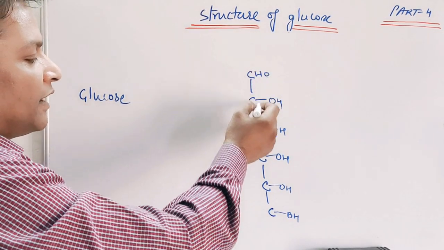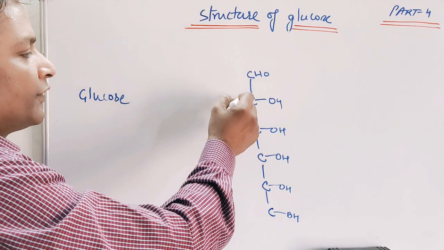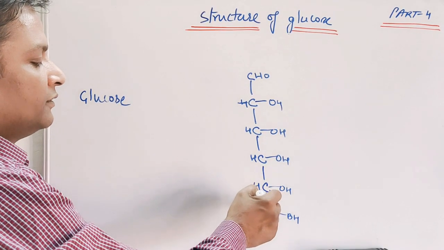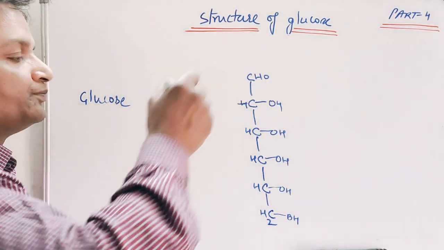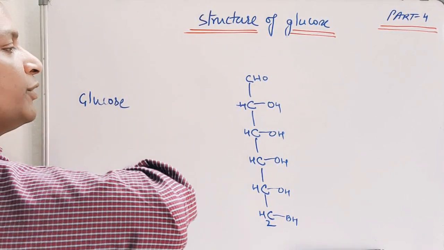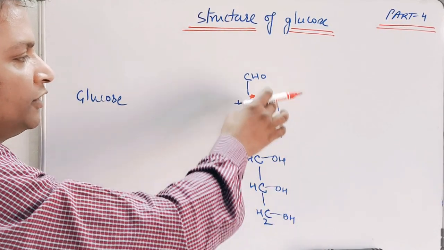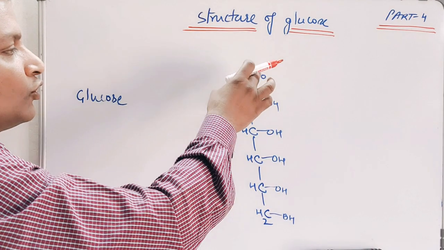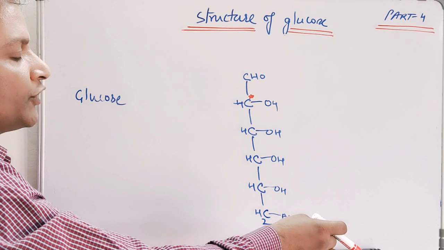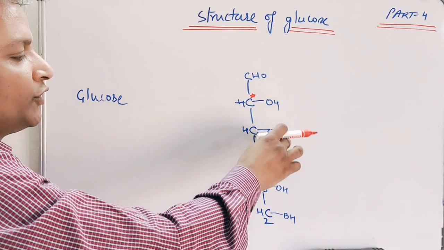So after writing all hydroxy groups on the different carbon atoms, we are left with protons, so we also write the hydrogen to satisfy the valency. So this is the structure of glucose in a simple form. Glucose contains 6 carbons, so I have written this 6 carbon chain. Glucose contains an aldehyde, so I have written the aldehyde. Glucose contains 5 hydroxy groups, so I have written the 5 hydroxy groups. And glucose was found to be stable, so all the OH groups are on different carbon atoms.